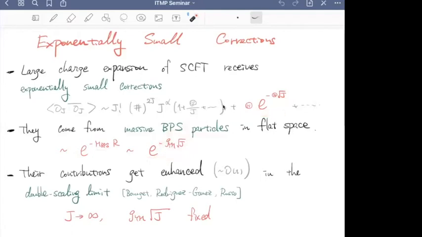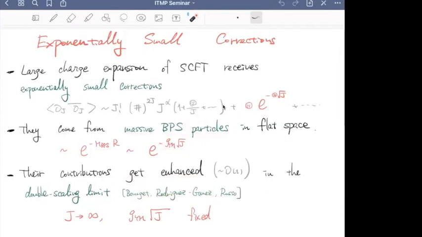And furthermore, because of this structure, there is one interesting limit in which their contributions get enhanced, which was first analyzed or discussed in this paper. And that's called the double scaling limit. So this is a bit of an interesting limit. This limit is a bit like a 't Hooft limit,